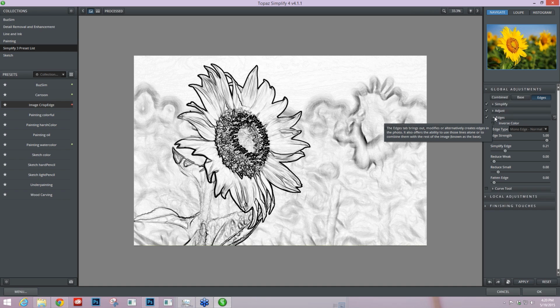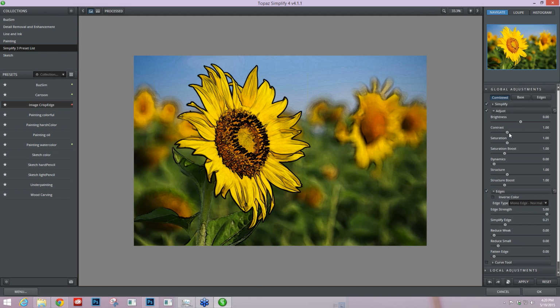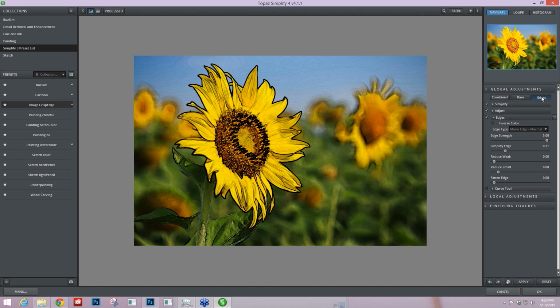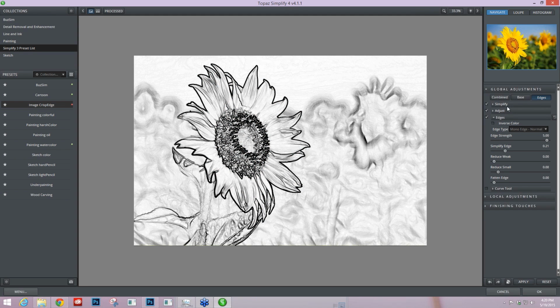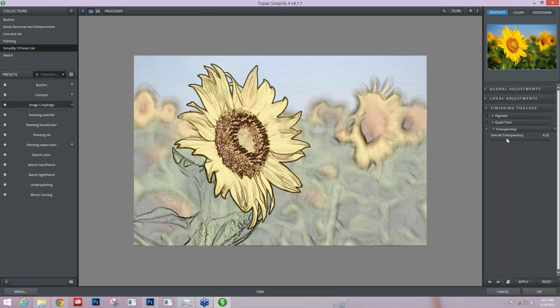Now, when I'm doing this effect, I'm just going to show you a trick real quick. Instead of going back into the combined mode and working with my color, with the adjust, and trying to figure out everything, I've actually figured out that if I go to my edges, leave it there, shut down my global adjustments, come into my finishing touches, we have something called transparency. Transparency is going to show you the original image. So you can kind of bring in original color,